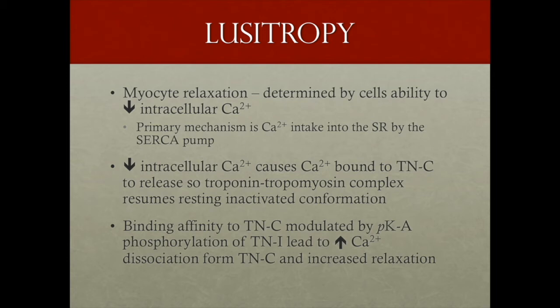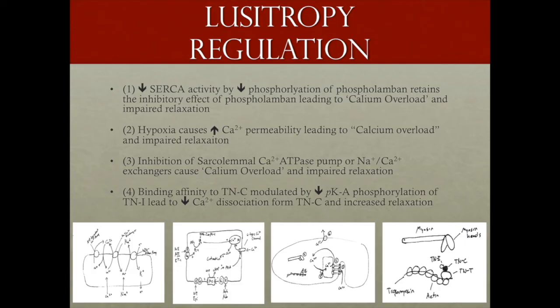Decreased intracellular calcium causes calcium that is bound to troponin C to release, so troponin-tropomyosin complexes resume their inactivating position. Binding affinity of troponin C is modulated by PKA phosphorylation of troponin I, which leads to increased calcium dissociation from troponin C and increased relaxation. Four of the mechanisms that contribute to lusitropy regulation are: number 1, decreased SERCA activity by decreased phosphorylation of phospholamban,